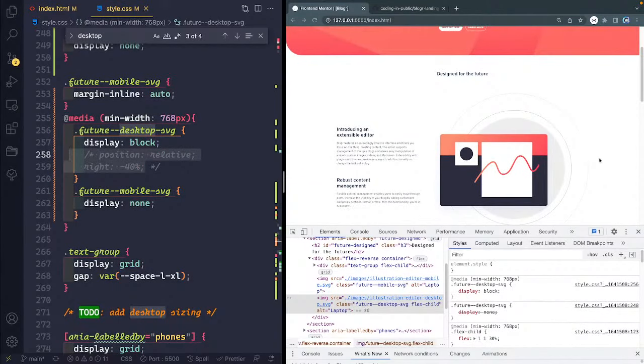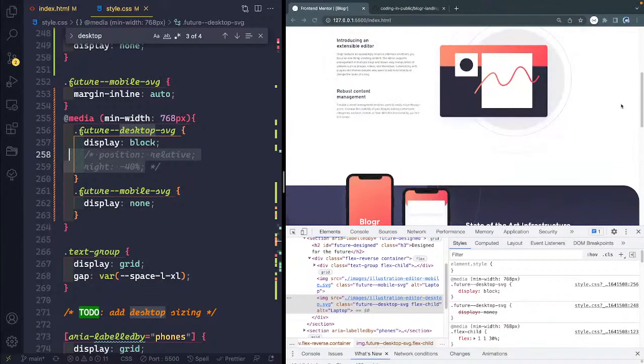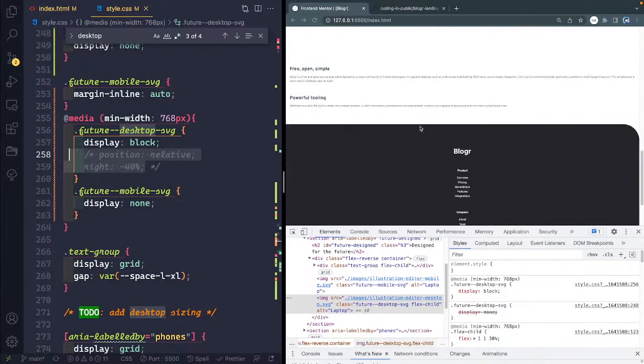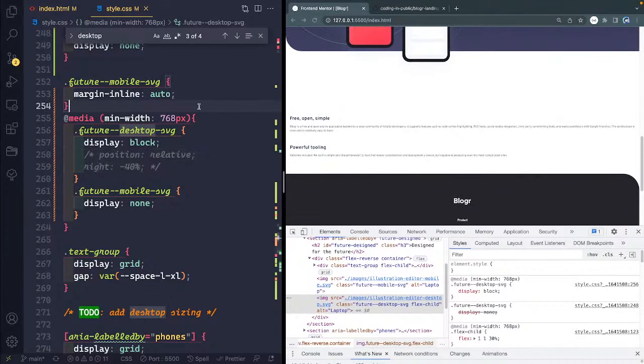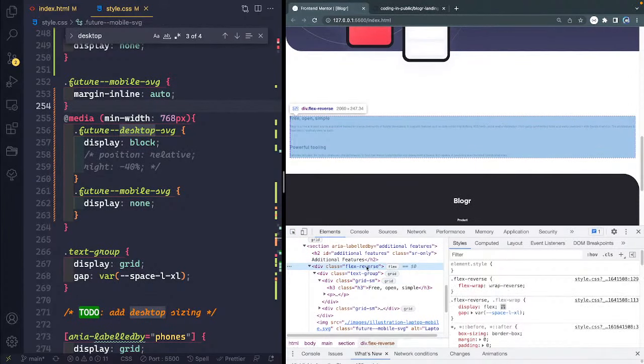And yeah, it looks nice if it gets cut off, but we can't cut it off. So we're just going to do whatever we want. We'll leave that alone. But that's how you would move that over. But then again, you've got to figure out what to do with this because it's not going to look right. Okay, let's come back down here. We've now got this section. What is this called? Free, open, simple, flex, reverse,